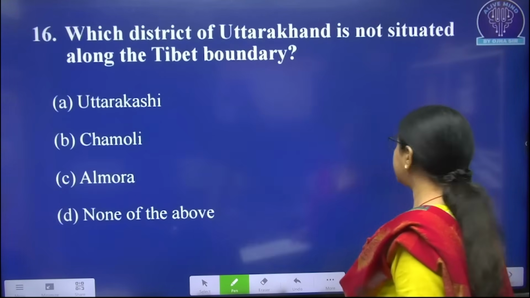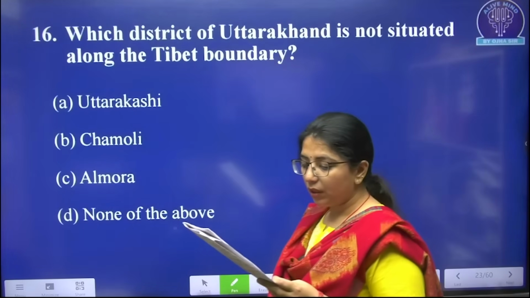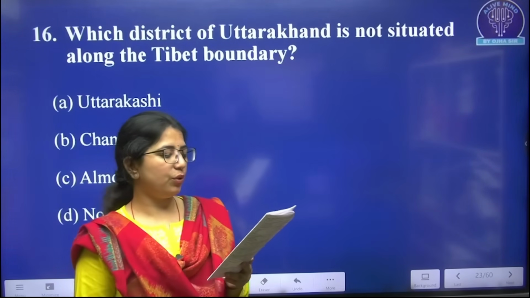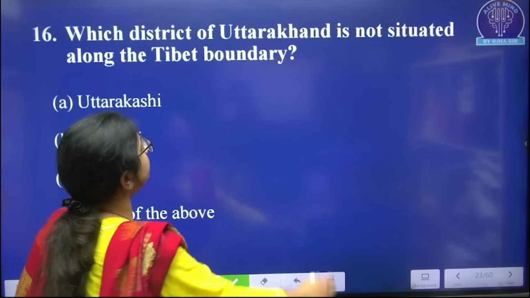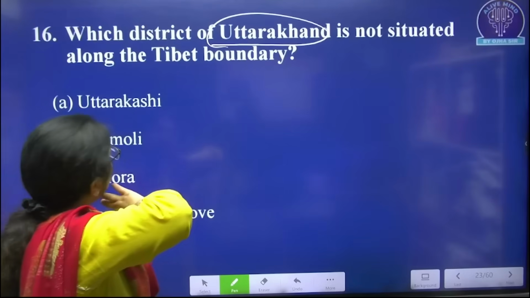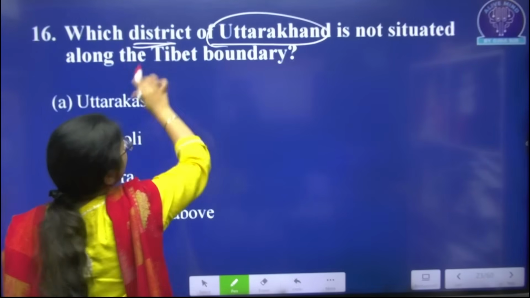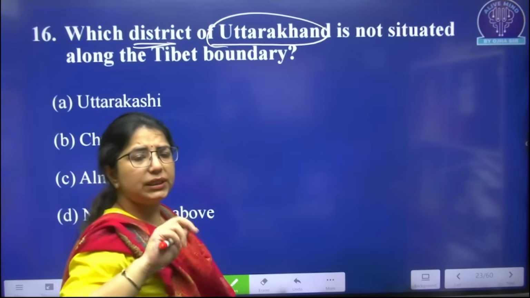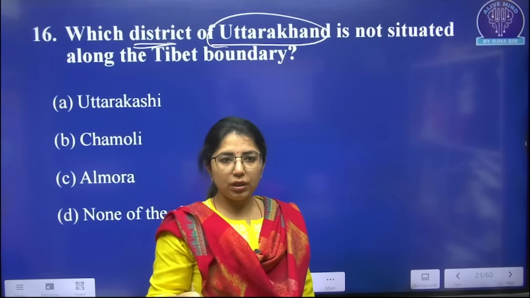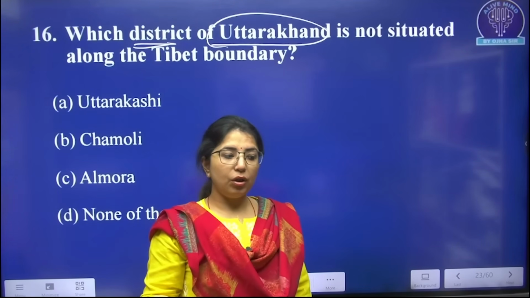Then is question number 16. Which district of Uttarakhand is not situated along the Tibet boundary? This question was asked in Uttarakhand PCS because it is state specific. Mainly, whichever state PCS you prepare for, if you belong to UP, you will go for UP, or you will go for Uttarakhand,